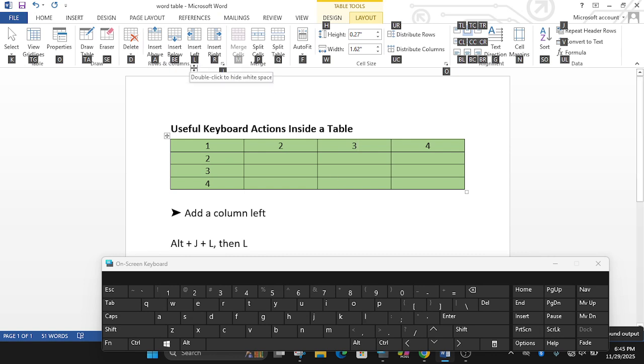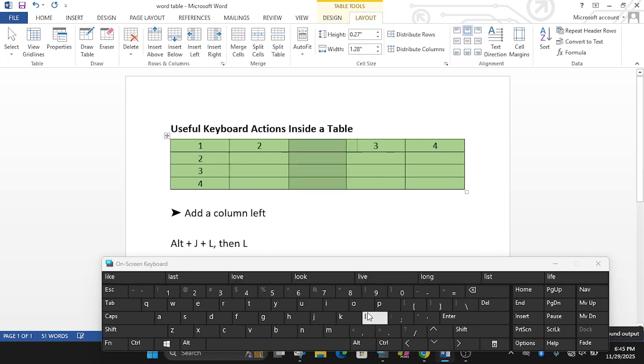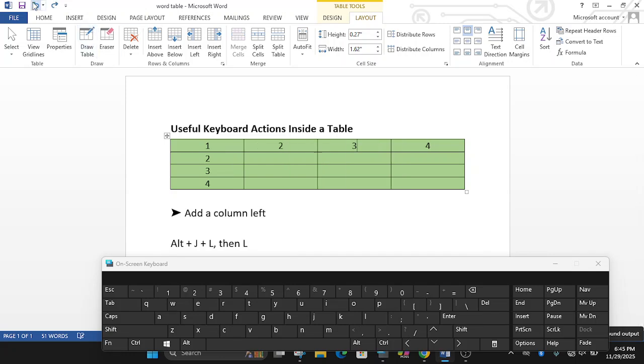Then L helps you to insert on the left of 3, and R later helps you to insert to the right of 3. We have chosen 3. L. Here, we have already inserted an additional column on the left of 3. Undo.